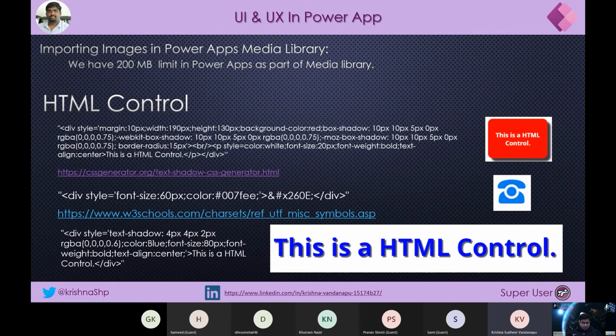The number of styles we can use for a label is probably around 20. But if I want a label or a heading with a shadow like this, you cannot create it out of the box unless you use HTML control as part of your screen. Okay, let us see how we can do that in Power Apps.